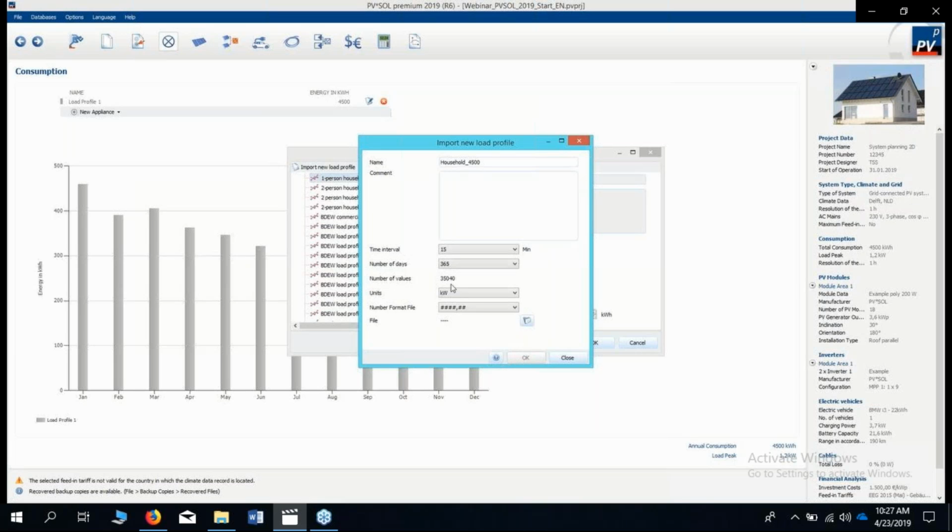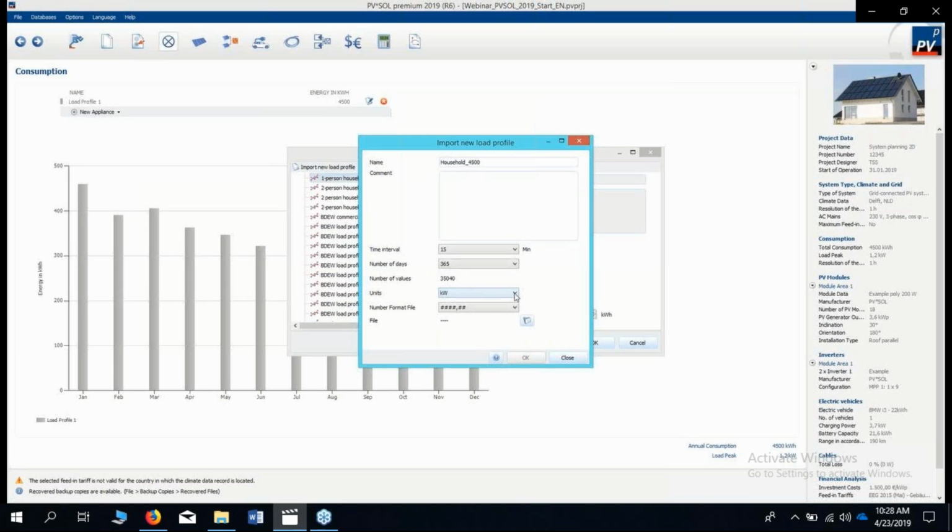And there are different formats. Of course, if you get it from the power companies, you need an Excel, CSV format or a text format. And what you have to do in the file is remove the header and everything. Only the load is needed, and the load should be in column 1. And then you need the 35,040 rows. Just one column with the load data, and then of course the rows, and then save it in Excel, CSV